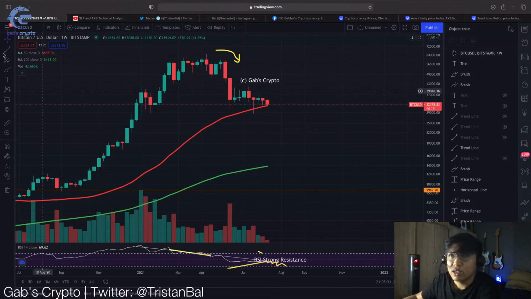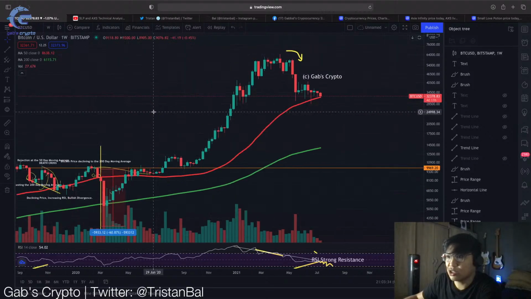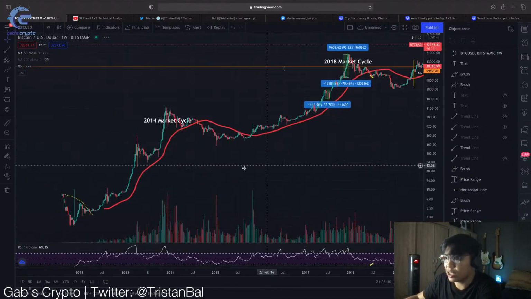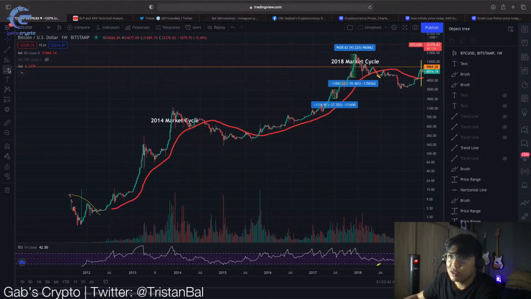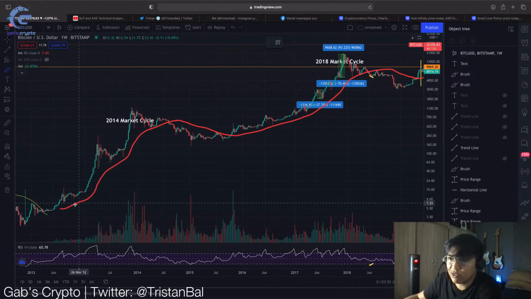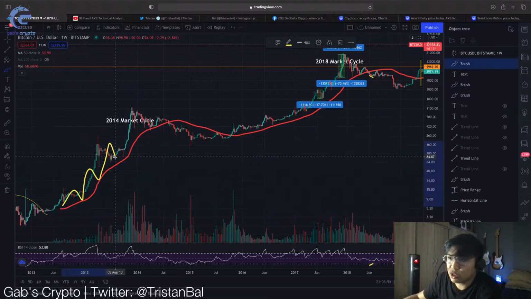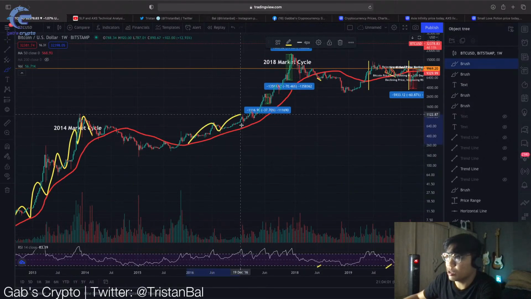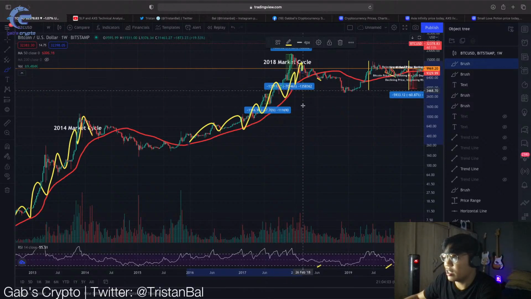So ang kailangan na ngayon mangyari is, tingnan nyo to guys. Itong red line na to, in a bull market, look at historical data. In a bull market, si Bitcoin never go down, it never closed below the 50 moving average. So ayan no, 50-week moving average. Every time na bull market si Bitcoin, nagba-bounce tayo above this red line. Nakita din natin siya ng previous market cycle, nagba-bounce siya within this red line.